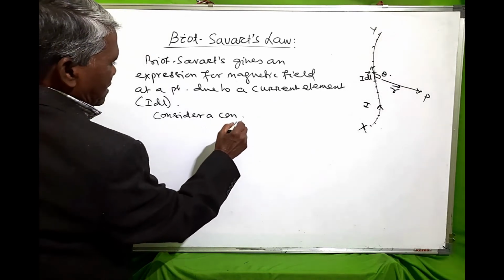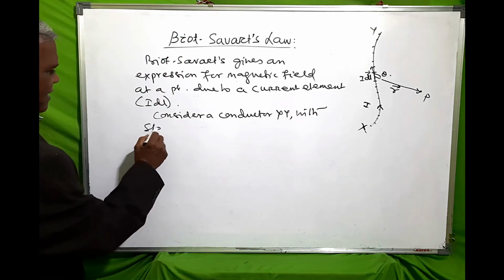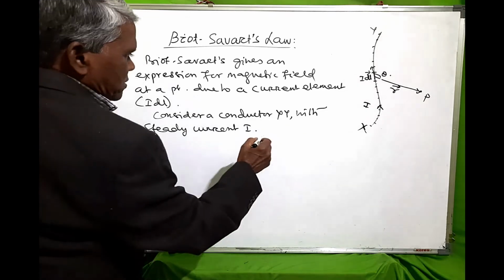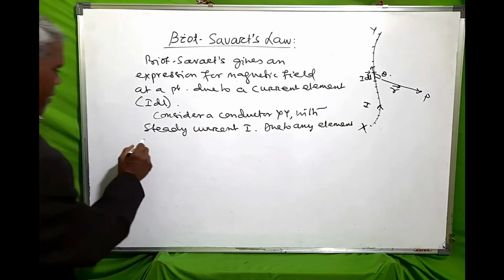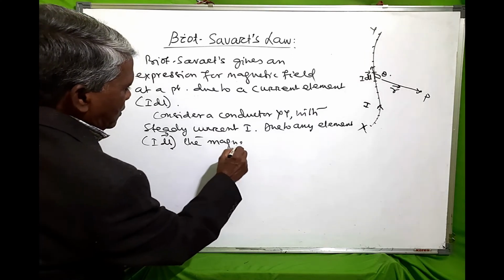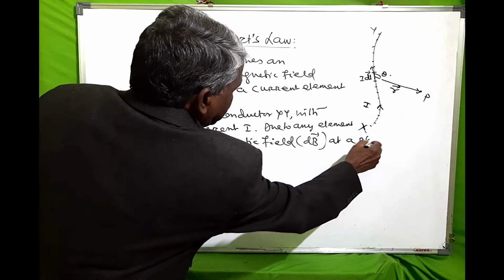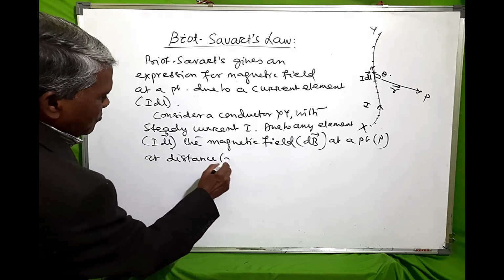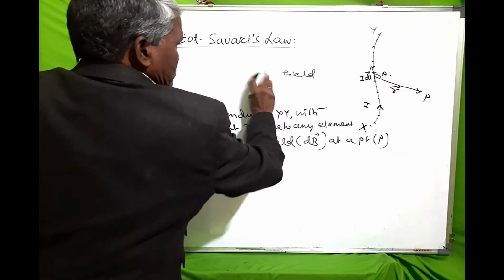Consider a conductor XY with steady current I. Due to any element I dl, the magnetic field dB at a point P at distance r is